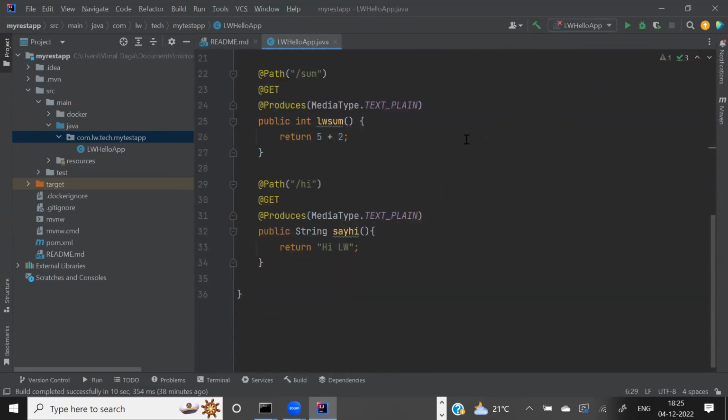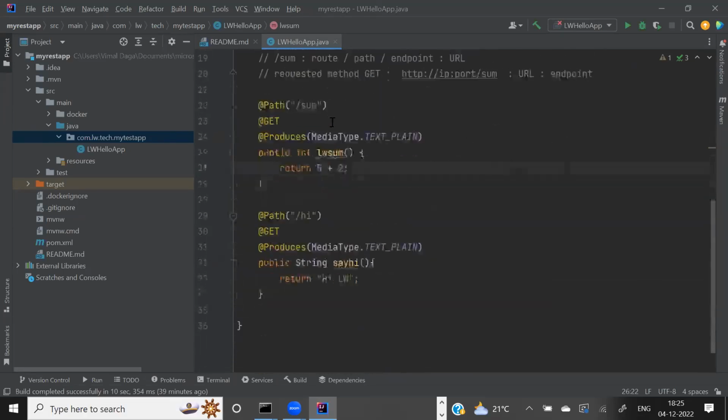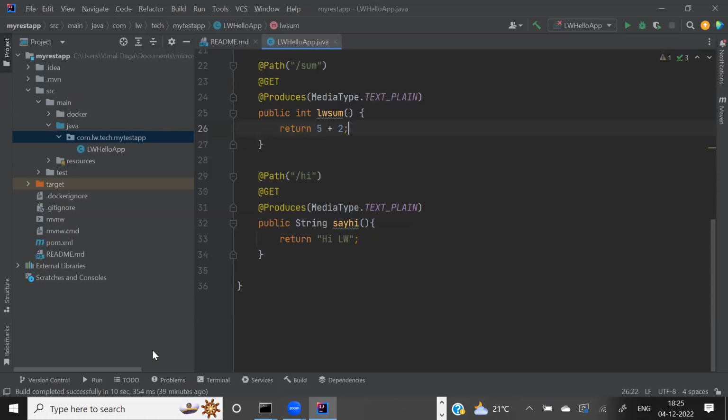Now your developers will create the entire functions and algorithms, and if you want, not always, if you want these functions to be exposed, then we give the exposed path: how to expose, the GET method, how to send the data in plain text. Those annotations you can write. Okay, save. So that's what we have done here.